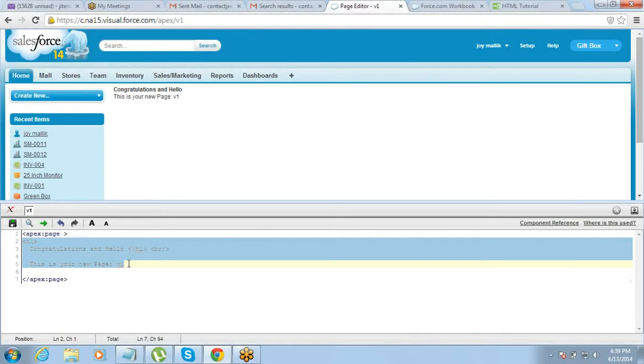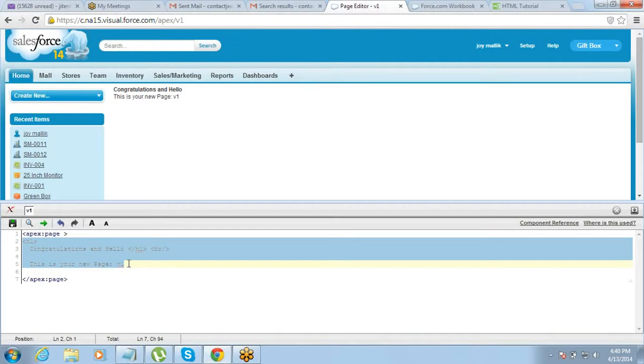Suvajit, questions here? This is simple, no question, right? Okay. Now the next thing is we have to start creating Visualforce pages. We'll learn how we can create a Visualforce page and what all Visualforce tags we can use. But how to create a page is clear. So if I ask you to create a simple Visualforce page and use some HTML content on that, you can easily do it now, right? Every page has to have an apex page tag, and within that you can put complete HTML content. There is no requirement of using Visualforce tags in case you don't need it. If you need it, then you will put it. Fine, we'll get into that part.